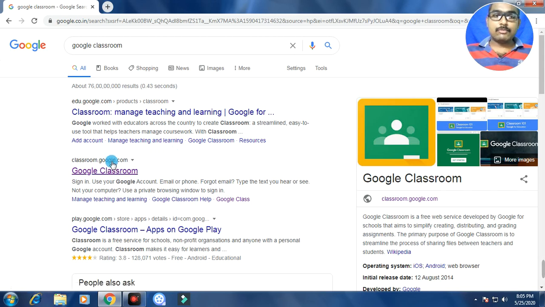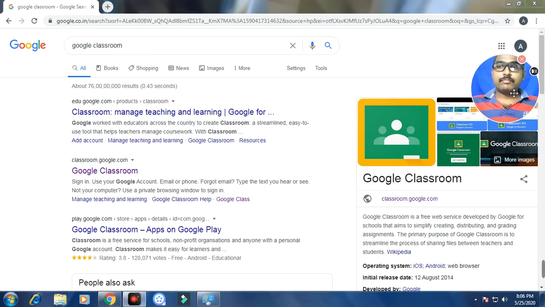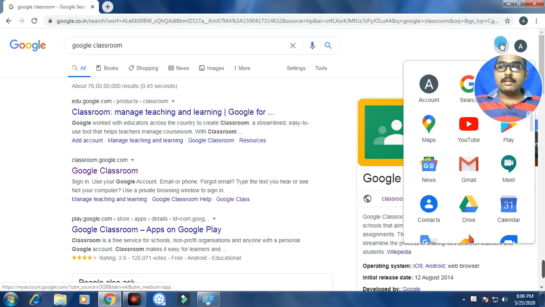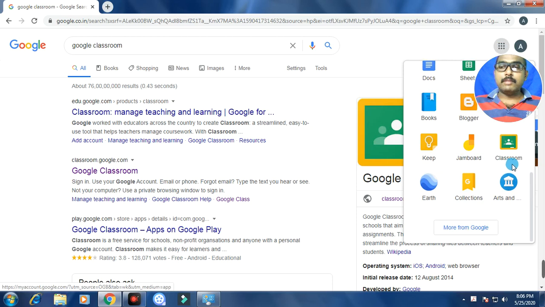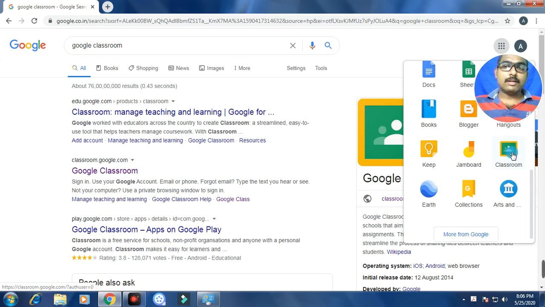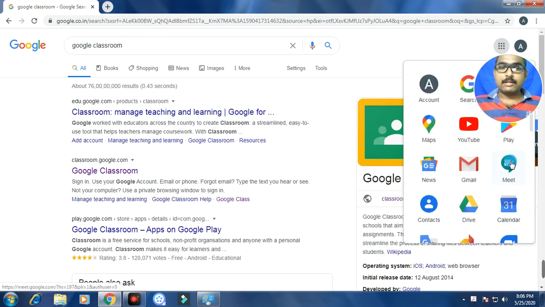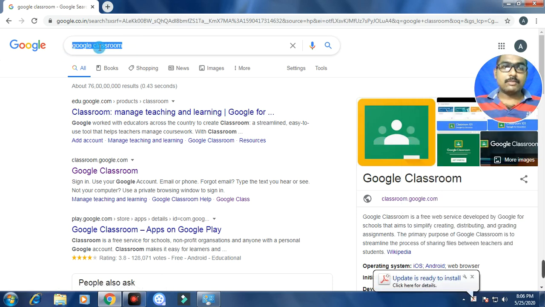Actually, Google Classroom is a virtual online space where you can share your pre-prepared materials, and you can have text-based interaction. So Google Classroom can be accessed by selecting the Google app available on the Google search area. Here, this is the area where all applications provided by Google will be listed. Here you can see Google Classroom, and the Google Meet icon is also available, or you can search for Google Classroom